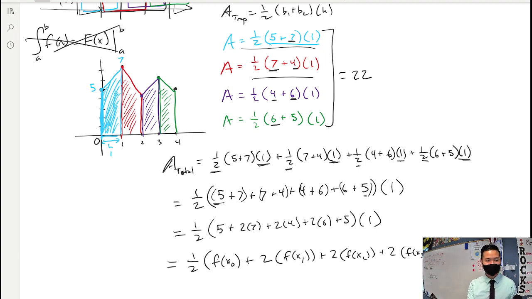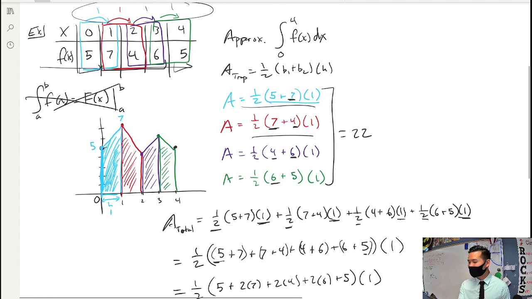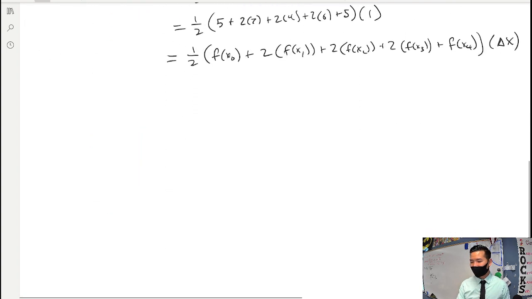All right. Let me show you a problem that would have different delta x's. So this one, you notice all the delta x's are by 1s. You see it goes 0, 1, 2, 3, 4. It doesn't have to be that way. It could go by any random number that you want. So for example,